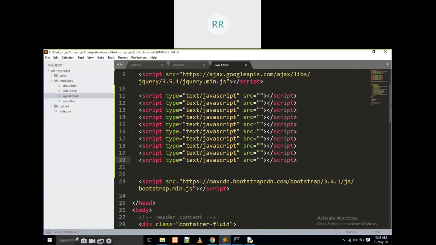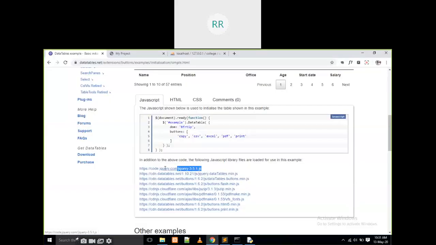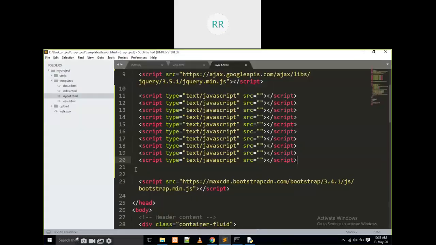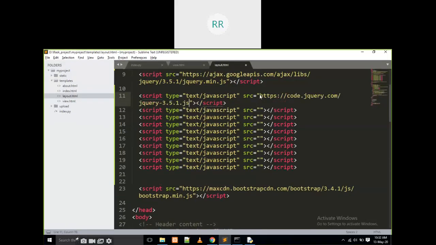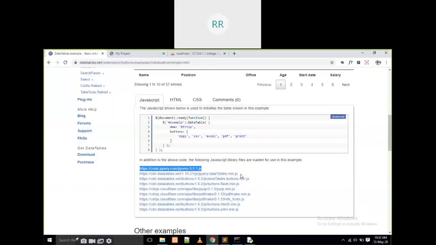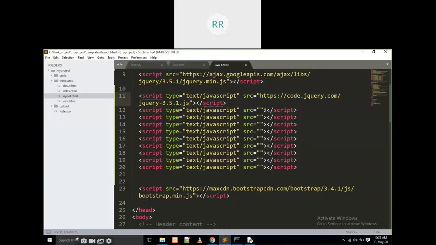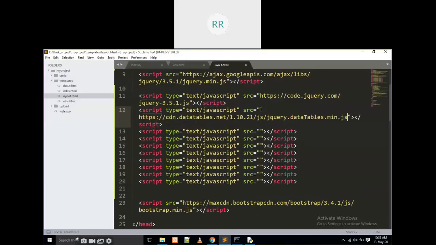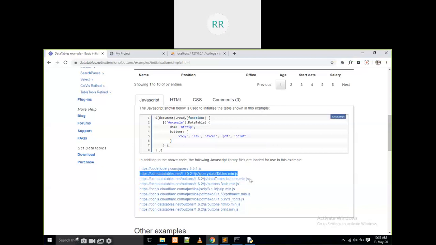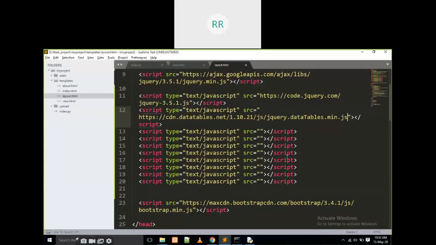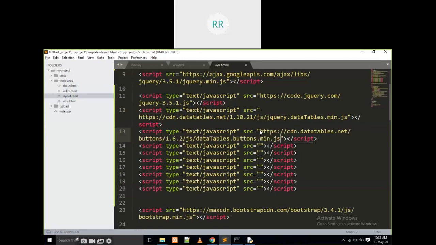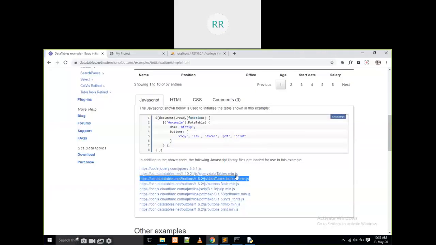These are 10 scripts. For every script I am going to copy the link, put in the first one, copy the second one. These are the supporting files for the data tables. Then the third one, then the fourth one.